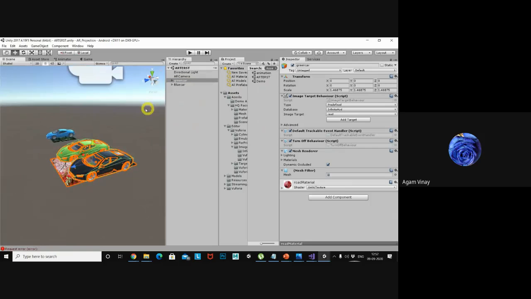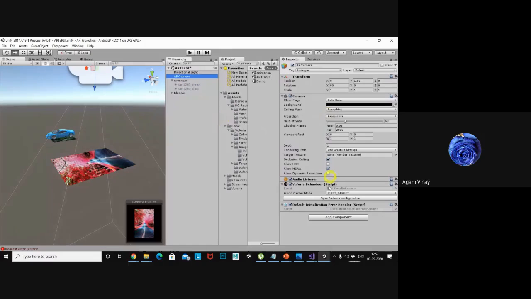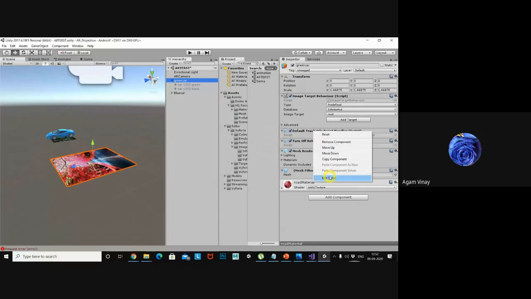If you want some cartoon character to appear, just delete this one and make it your own character here, and choose which animation you want to play: walk, jump, run, whatever you want. You can access the model script based on whether your target tracking is found or not.